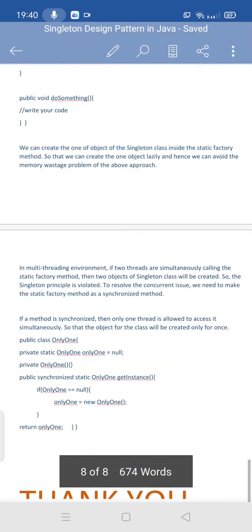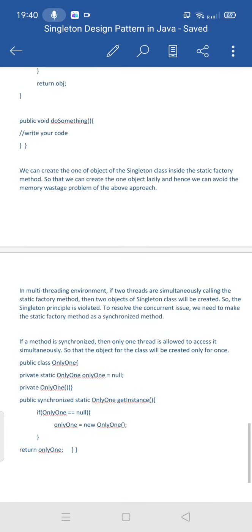So we will use the synchronized keyword along with the static factory method declaration. We are making the static factory method a synchronized method using the synchronized keyword. Then only one thread is allowed to access it at a time, so that the object of the class will be created only once, right?